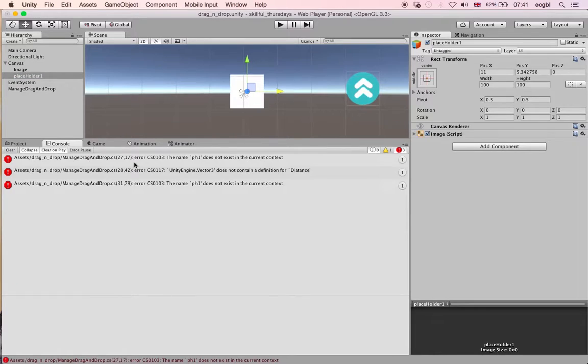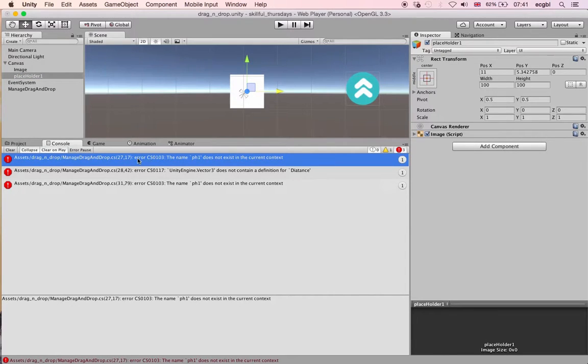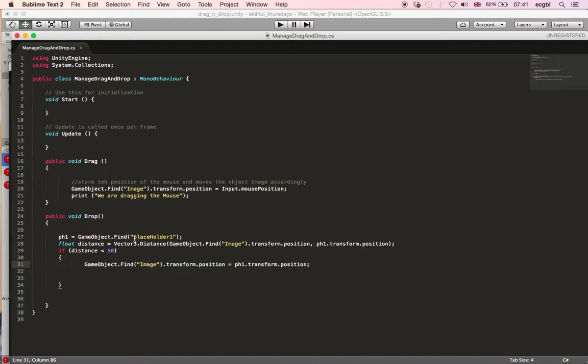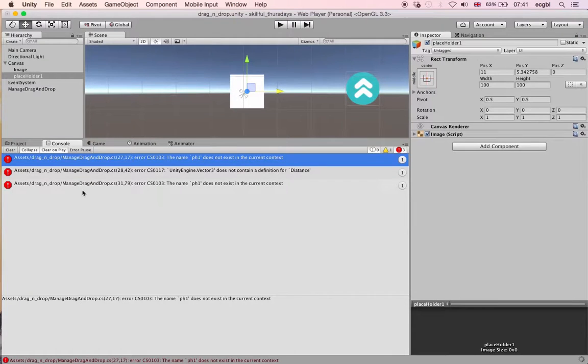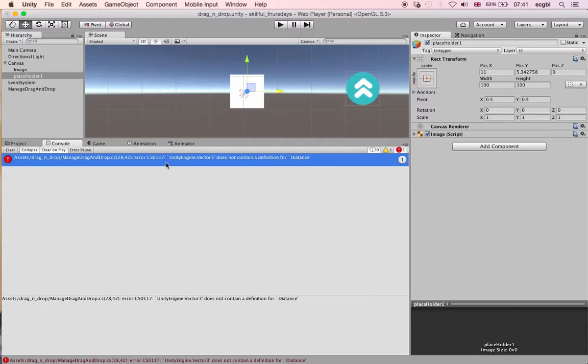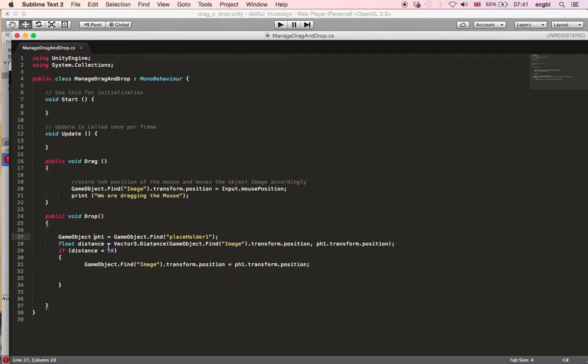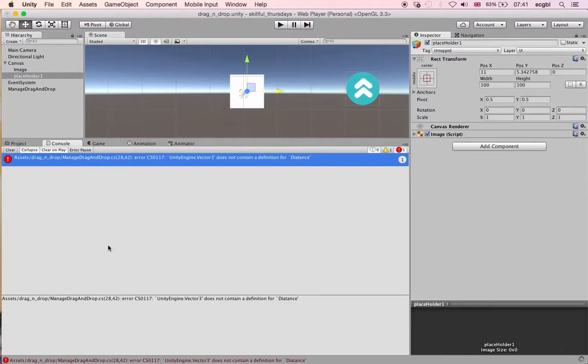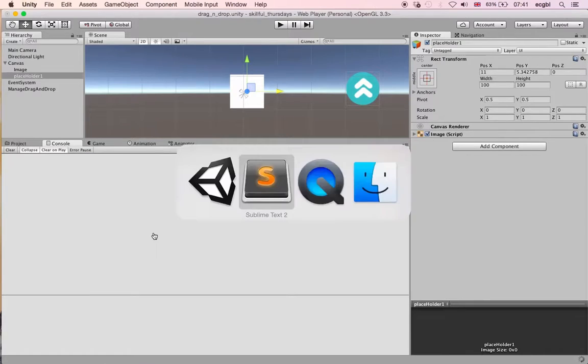Now we have a few errors. And the one that I mentioned earlier on is that my object ph1, the type has not been described or defined. So again, I just need to type GameObject just before ph1. And then the second error is that the distance is misspelled. So again, it should be distance instead of distance. Okay, so again, if I go back to my console window, one or two errors should be gone, and the last one is about distance. Again, it's always good to go through these errors, because if you come across the same errors, then you know what the issue is. So if you save this, which is done now